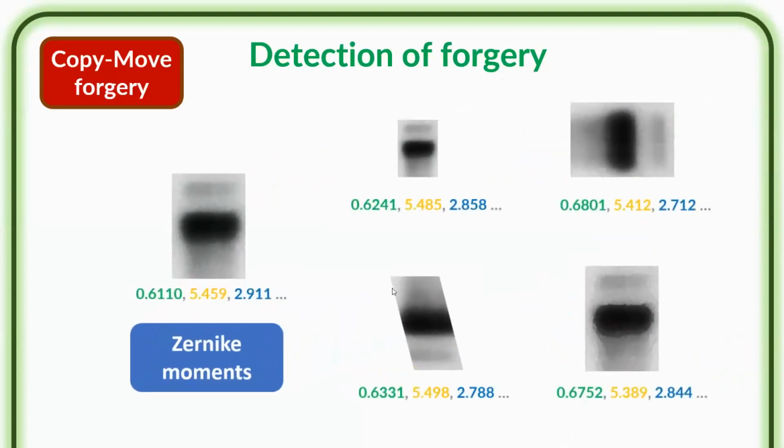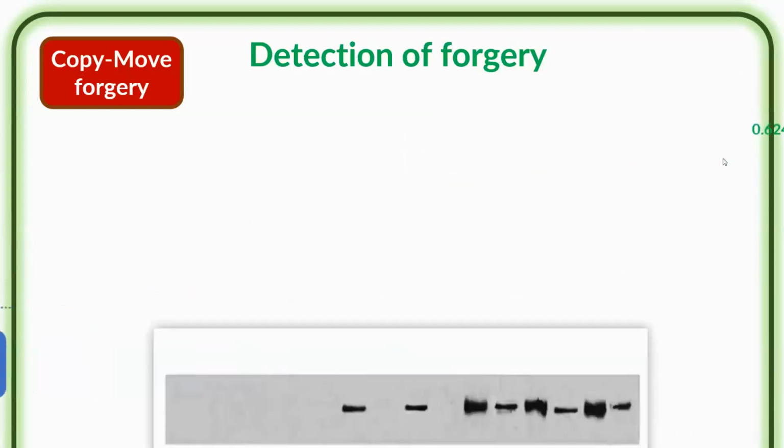Basically, Zernike moments give you a vector of different numbers, a numerical vector. You can see that the original one has the numbers in green, orange, and blue. These numbers are very similar to the other ones. So even though the transform is being applied, these numbers don't change a lot. You can see they're basically off by, let's say, 0.1 only. So Zernike moments are able to capture the essence of the block, and they are not affected by a lot of these transformations such as scaling, rotation, and noise addition. In that way, we can understand what type of block is being copied. So we don't have to rely on pixel-to-pixel comparisons.